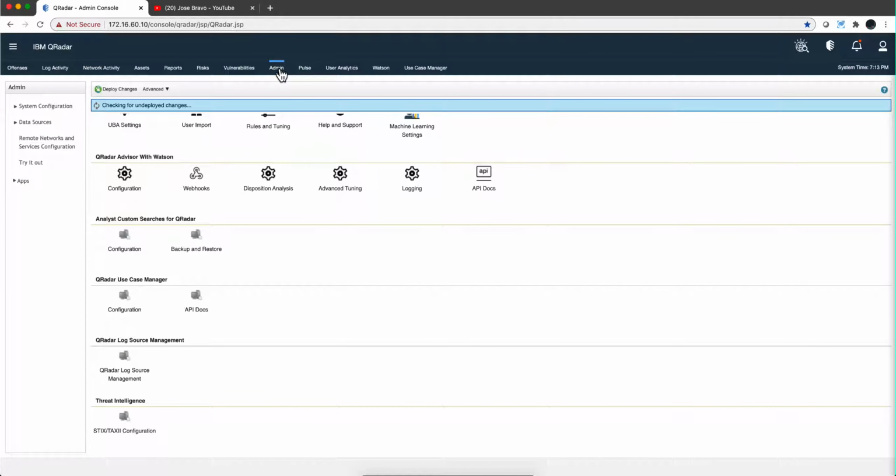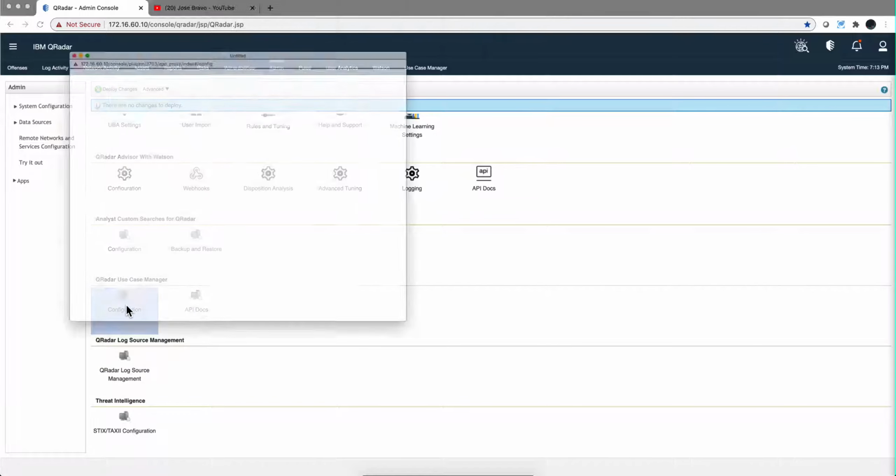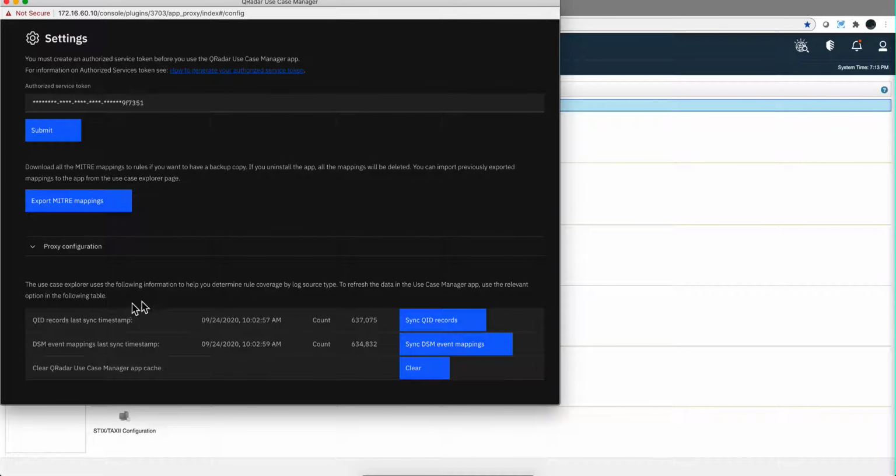When you install this, either for the first time or if you migrated from a previous version of it, you need to make sure that when you go here on the admin tab on this configuration piece, you need to wait. Probably after you do it, you're going to see in progress here, and probably on the cache clearance also in progress. You need to wait until that completes. You may be asked to provide a token,